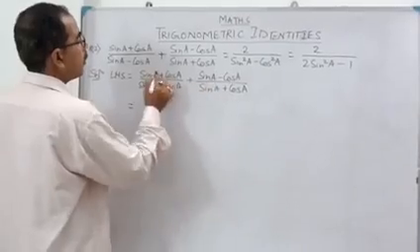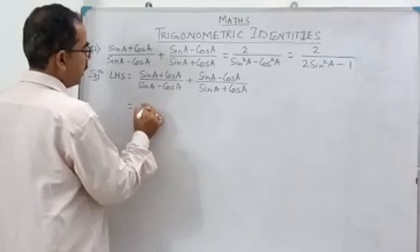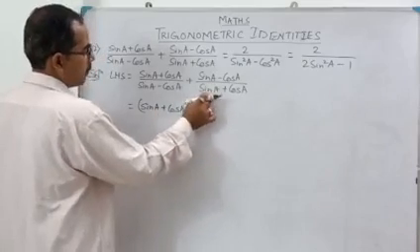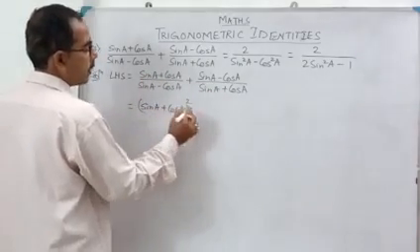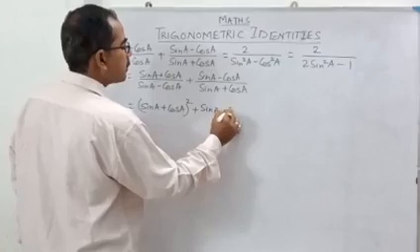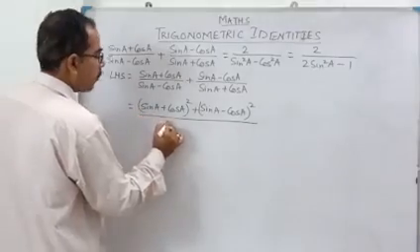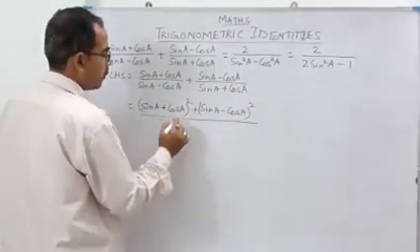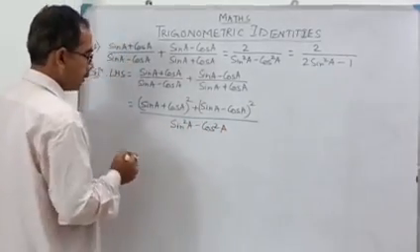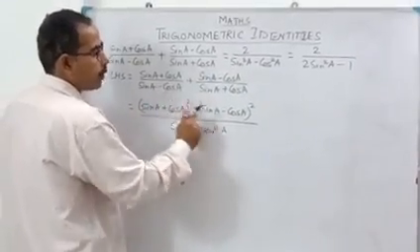That is equal to, now if you do the LCM, what you are getting? Sin A plus cos A whole square, because this multiplied by this, so sin A plus cos A whole square plus, now this multiplied by this, that means sin A minus cos A whole square, whole divided by, what you are getting? A minus B, A plus B, that means sin square A minus cos square A. Correct? So look at here, already you have got the denominator, now only you have to reduce the numerator.